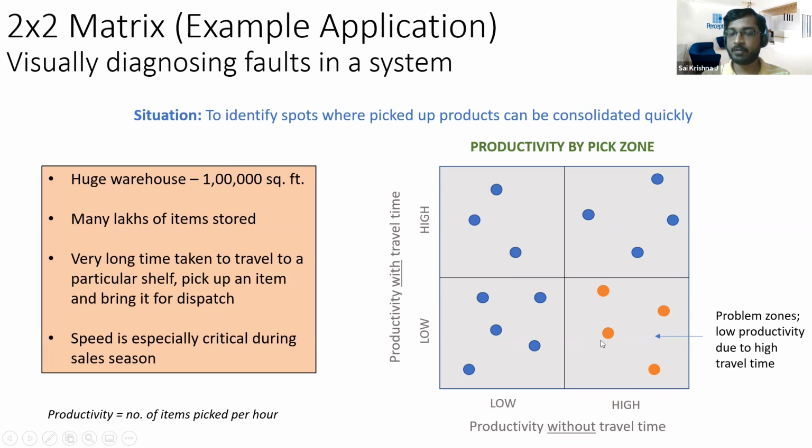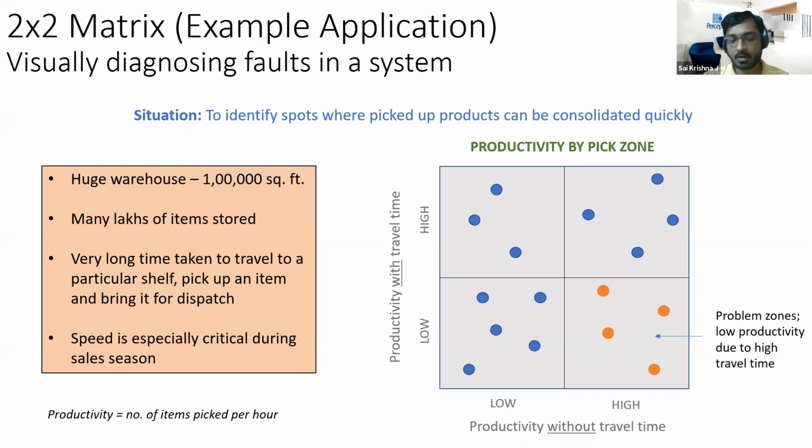Okay, and if any warehouse has a very high percentage of zones falling under this category, then we pull up that warehouse manager and tell him that, hey, your warehouse has a serious deficit of dropping zones, and most of the dropping zones are located very far off from your storage locations. So please change the layout of the warehouse so that your productivity is improved, because only when the productivity is improved, the warehouse throughput will be improved, and only when that happens, you get that faster delivery.